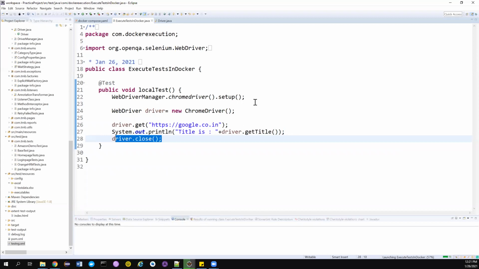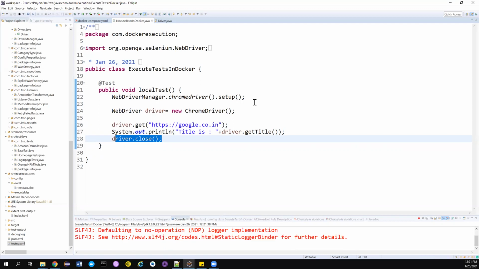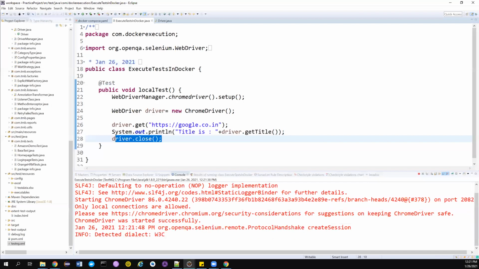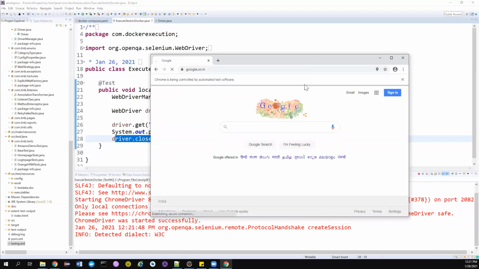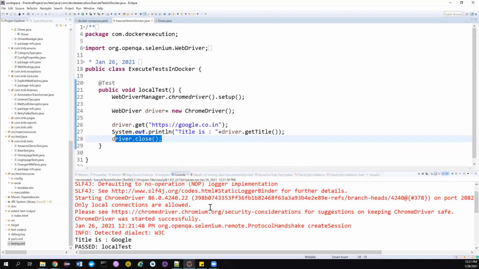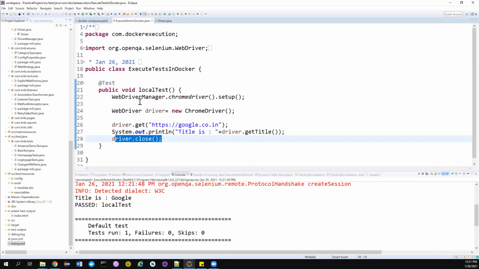If you don't know what WebDriver Manager is, please watch the videos that I have made about WebDriver Manager. I will also leave the link in the description. But for now, just understand this is how we normally use a sample Selenium code to run your test in your local physical infra, right? Good. Now, in this, I'm just going to make only a few changes, and this is going to help us run the test in Docker. Everything remains the same.